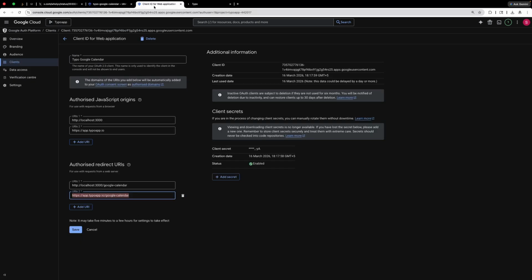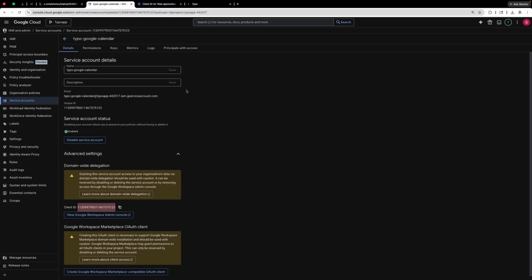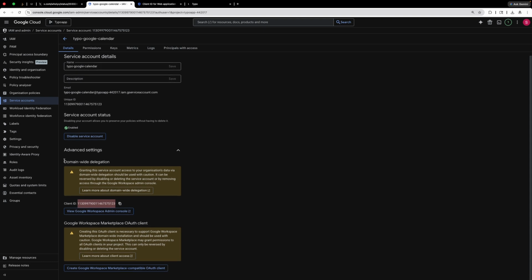So these are the two steps. The first one is pretty simple, using OAuth. The second is using the domain wide delegation. This is the first time I am using and testing this, so I thought it would be better if I explained it to the audience as well. Yeah, thank you for